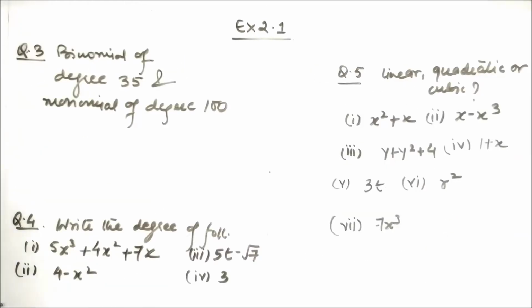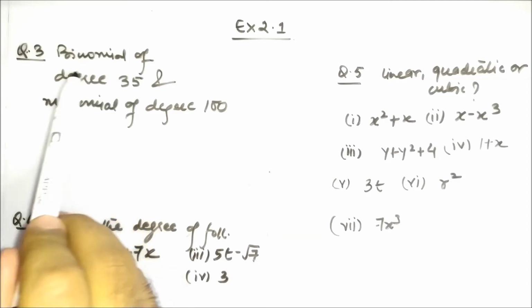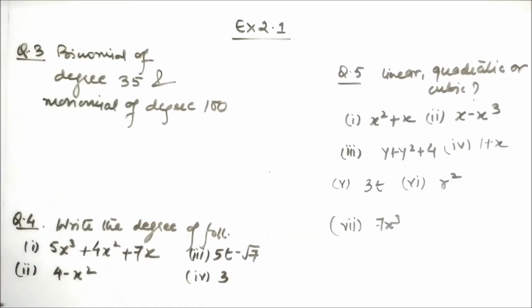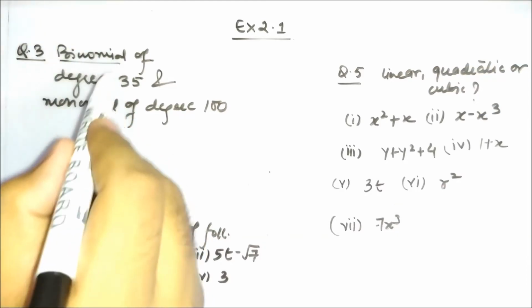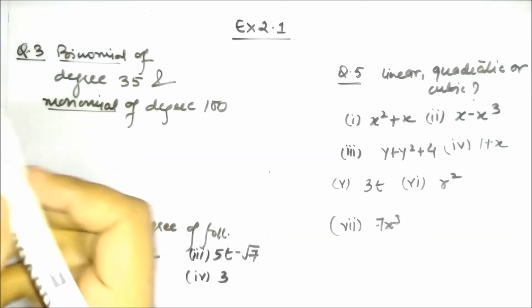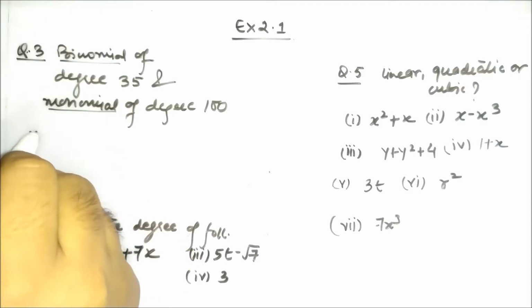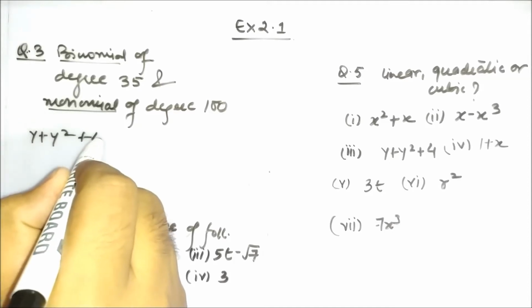Question number 3 is you need to write a binomial of degree 35. Okay, you need to write an example that is a binomial of degree 35. If I say degree 35, it means the variable should have the highest power 35. Okay, let us understand what this binomial and monomial are. Okay, so if I write an expression, suppose that is y plus y square plus 4, let us take this